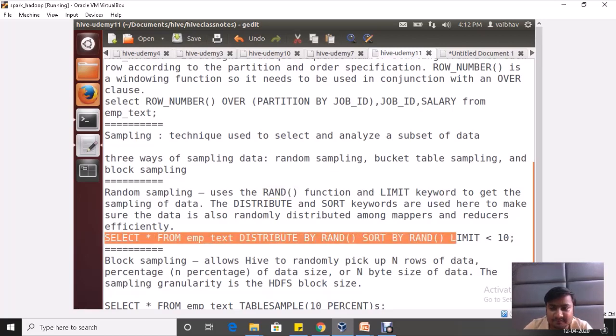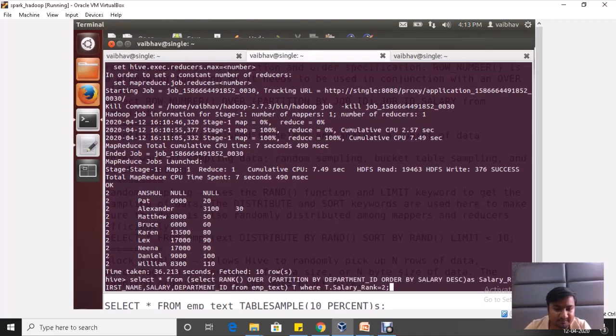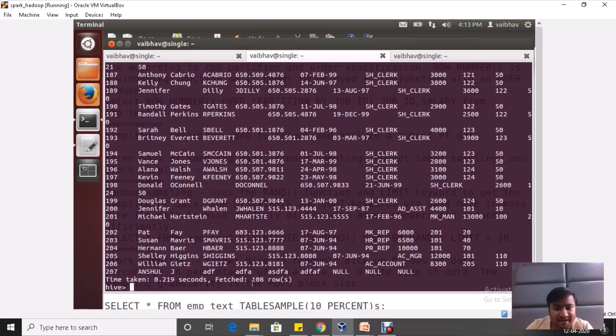Let me show you here. I have a table emp_txt which contains 108 rows.